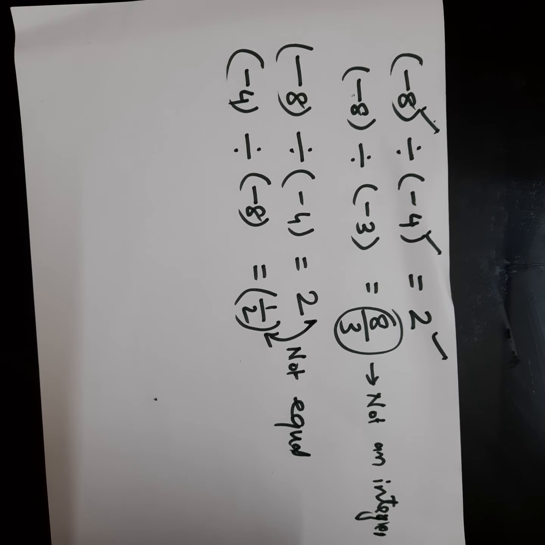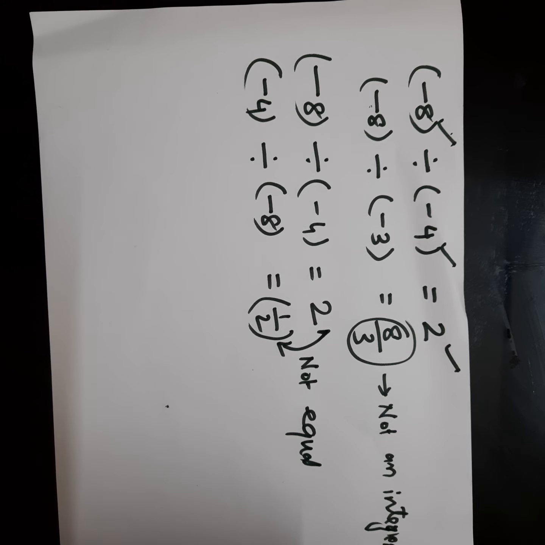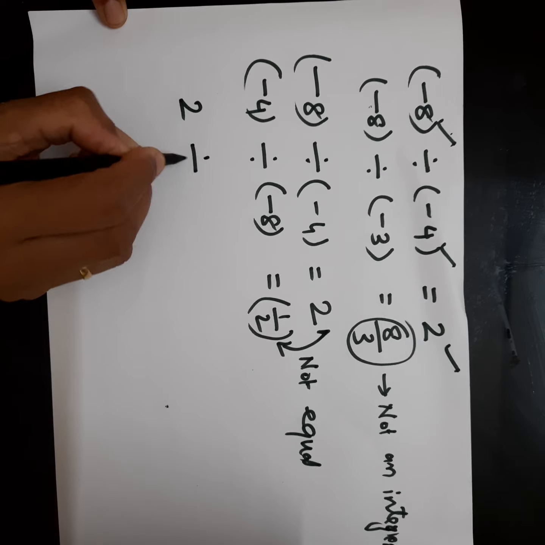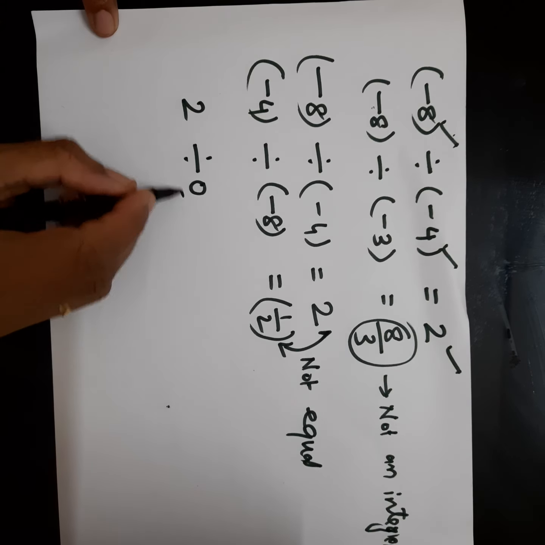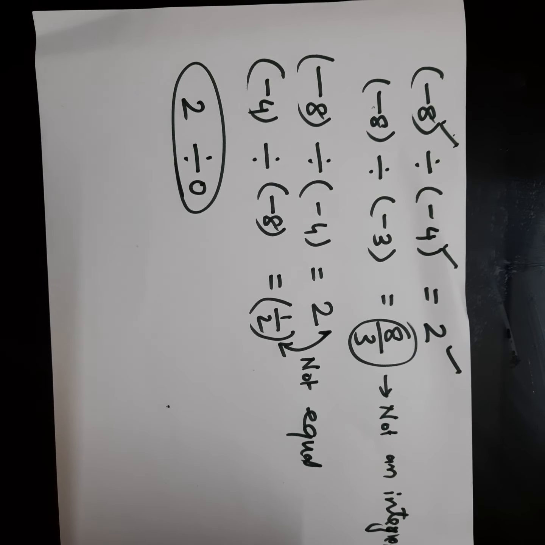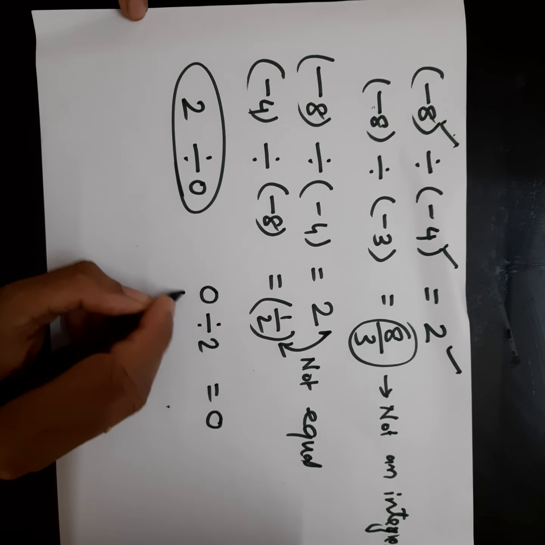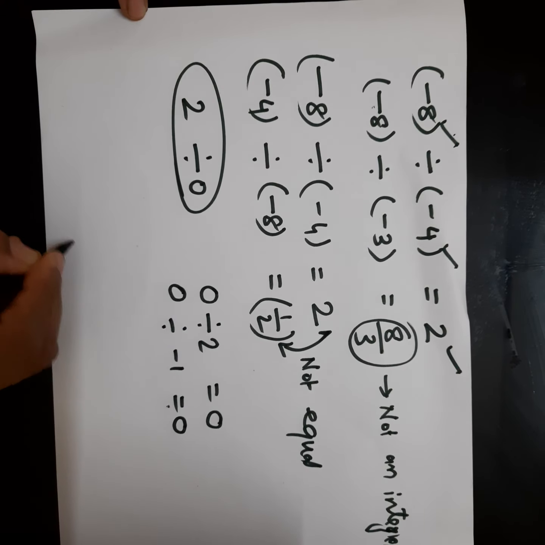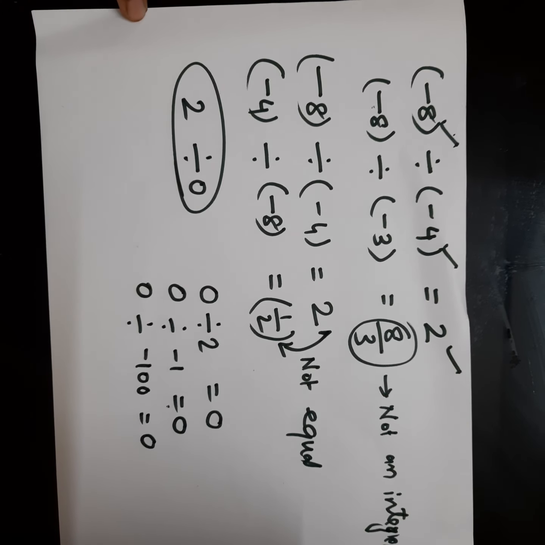So these properties are like this only. And another property for division is, if we are dividing an integer by 0, can we divide an integer with a 0? Can you divide 2 divided by 0? No. Division by 0 is not defined. It is not possible. So, what about 0 divided by 2? That we know is 0. 0 divided by minus 1 is also equal to 0. 0 divided by 10 or minus 10 or minus 100, that's also 0. That means when 0 is divided by any integer, the quotient is 0.